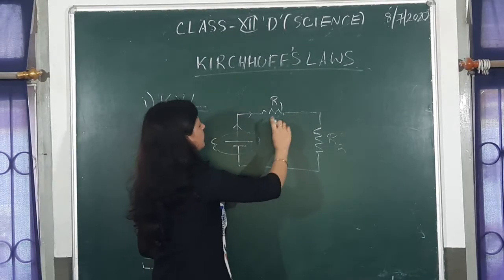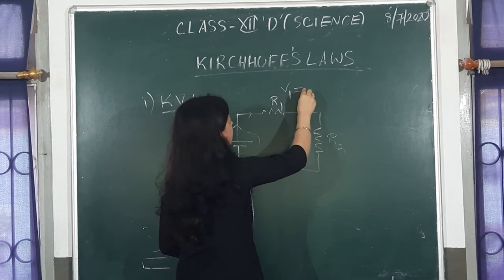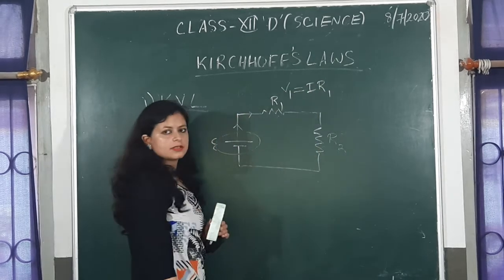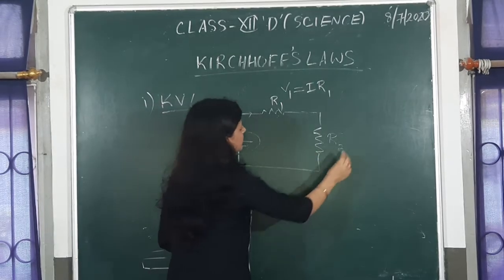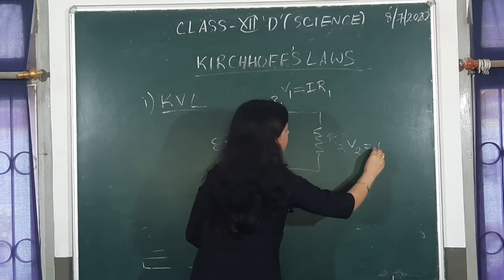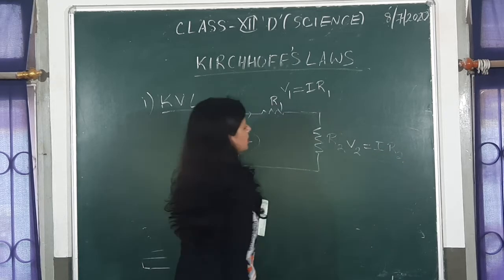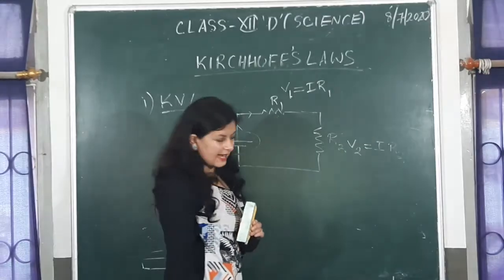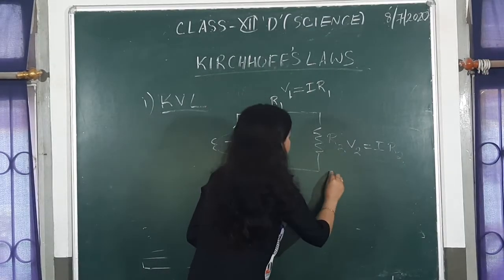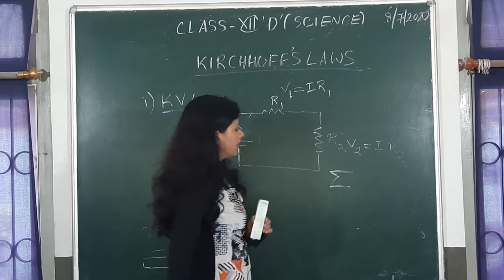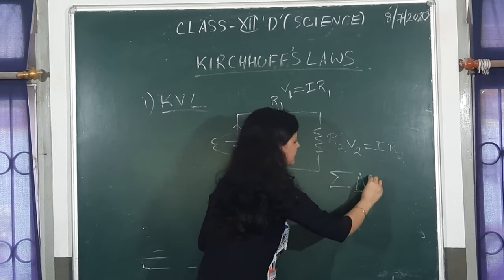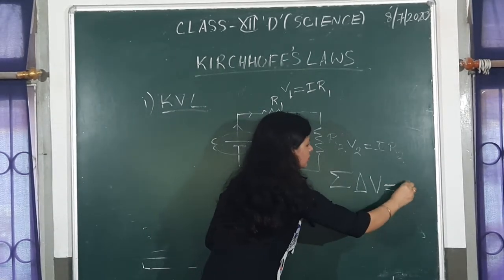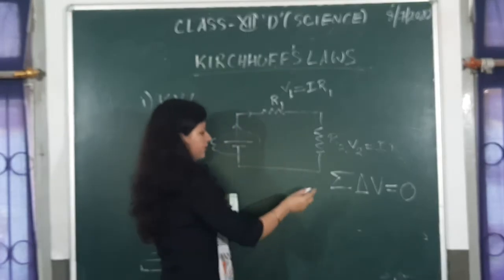So the potential drop here will be equal to V1. According to Ohm's law, V is equal to IR1. So this is the second potential drop in this loop, and the third one here is V2, that is equal to IR2. Alright. If we add up this, this and this in the circuit, of course with sign convention taken, it comes down that the sum of the potential drops, I am writing delta here to denote potential difference or drop, is equal to 0. Because it is a loop, obviously it will be 0.